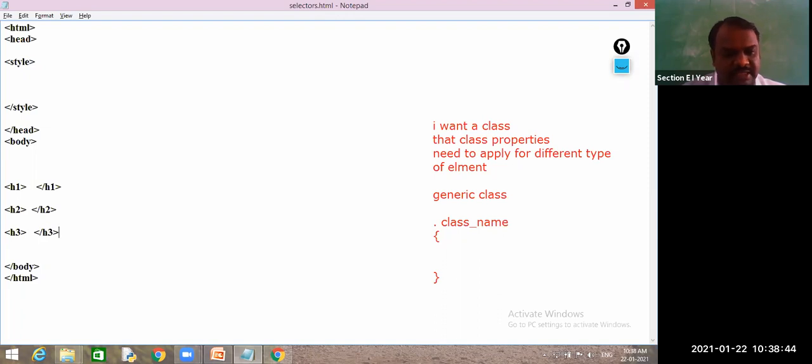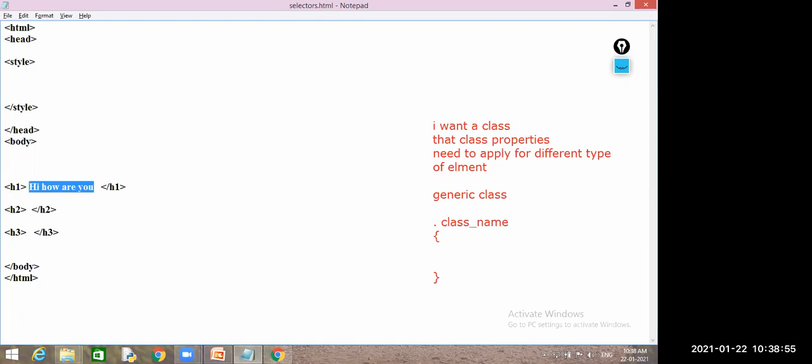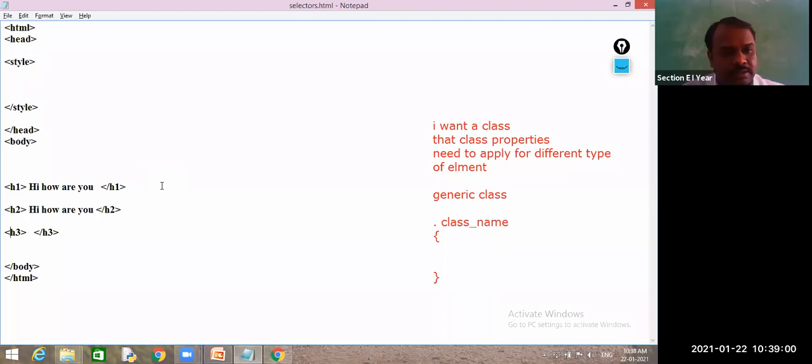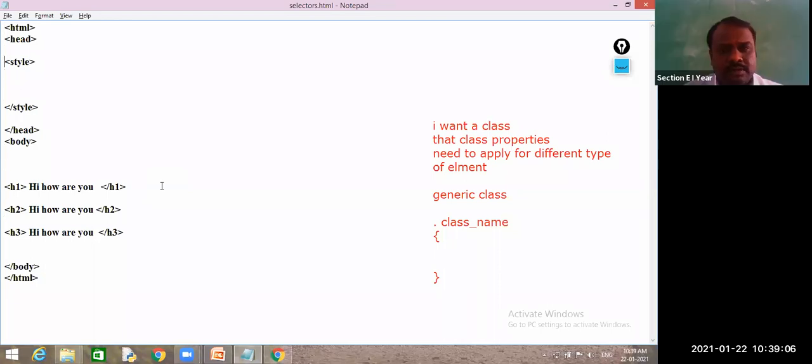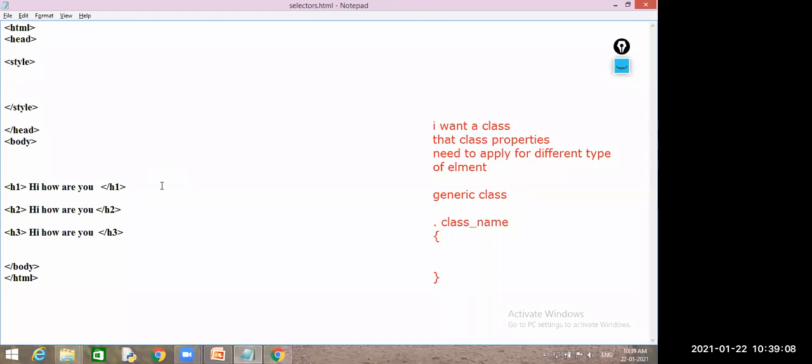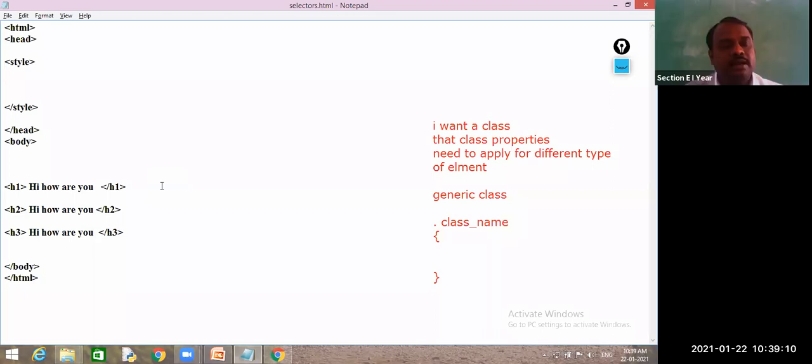These three are three different elements, and all are printing 'hi, how are you?', so common text. Sir, in the last case you wrote P dot big. In that case, we can use P dot any name. You can give any name, not only small or big.